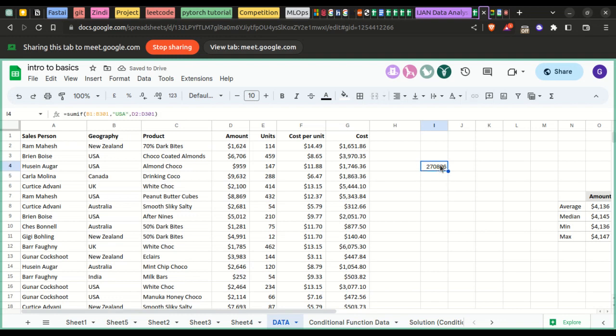Now we have our value here. This is $270,886. So we are getting all of the amounts only for USA in this whole list. So this is how to use the SUMIF. If you have to use AVERAGEIF too, you use AVERAGEIF this way. So let's go back to